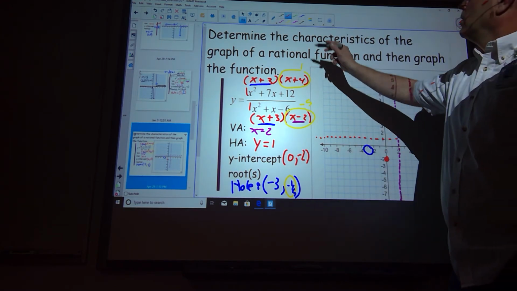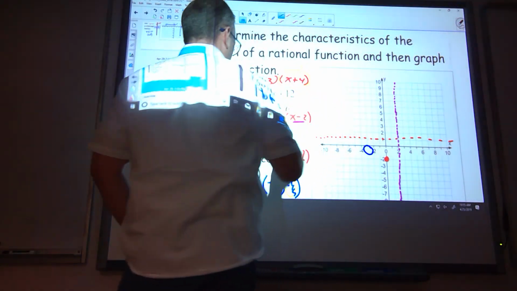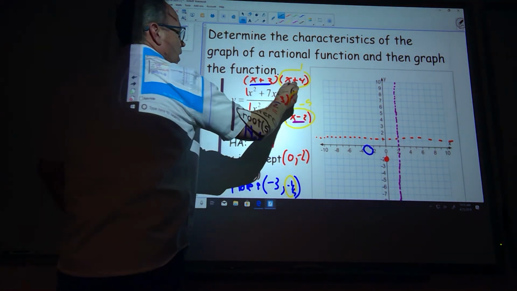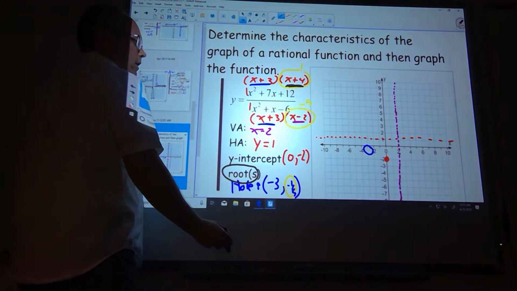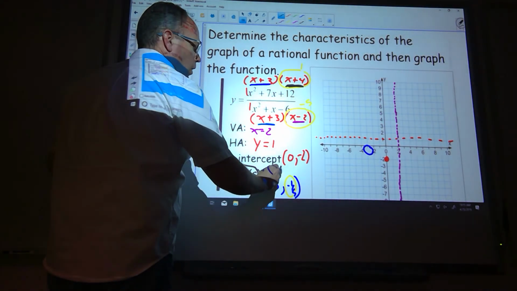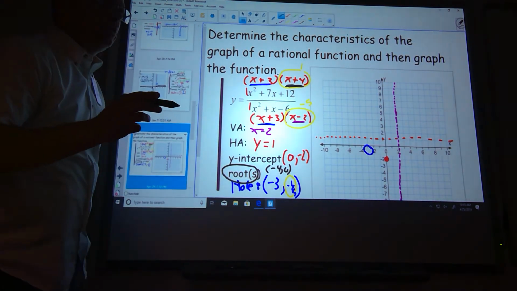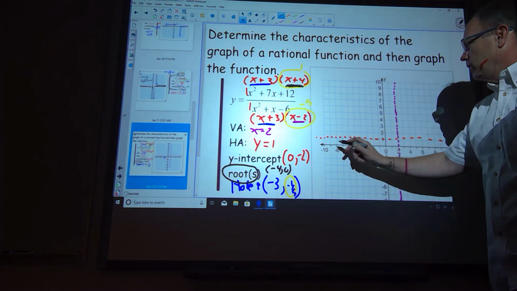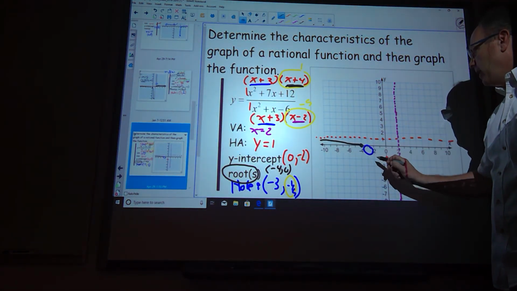And then the roots. So for the root, this is the only one I'm going to look at, right? Yeah. So I'm going to get -4, 0. Why don't I look at the other one? Because they produced a hole. Nobody likes the other one. So -4, 0. So it's here. So we're going to get whoop, and then